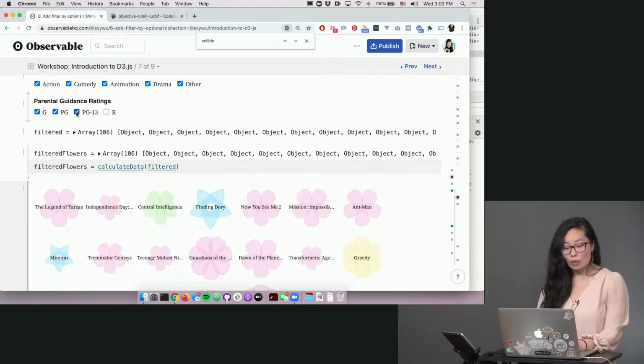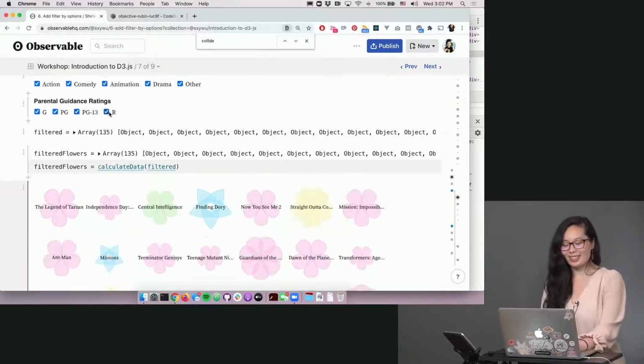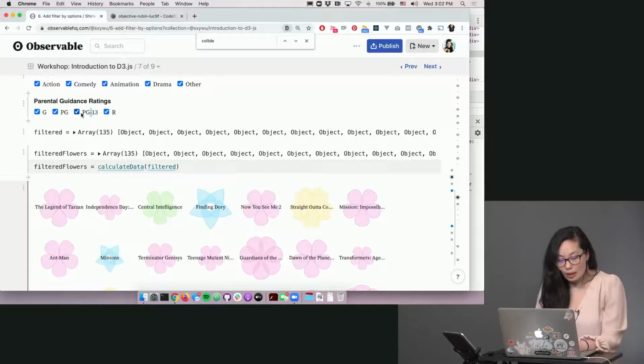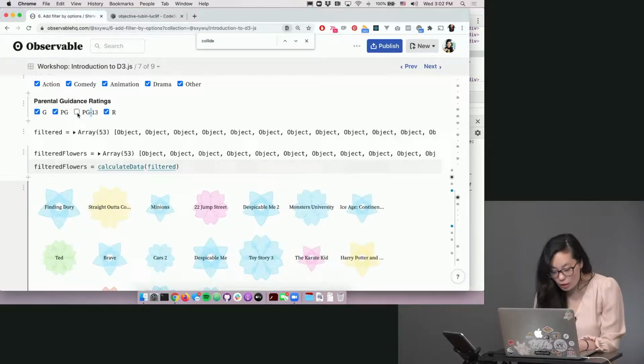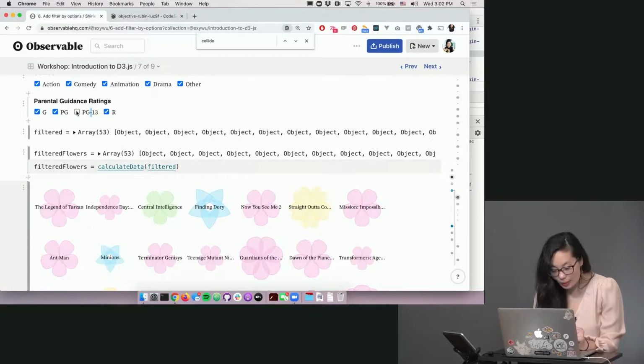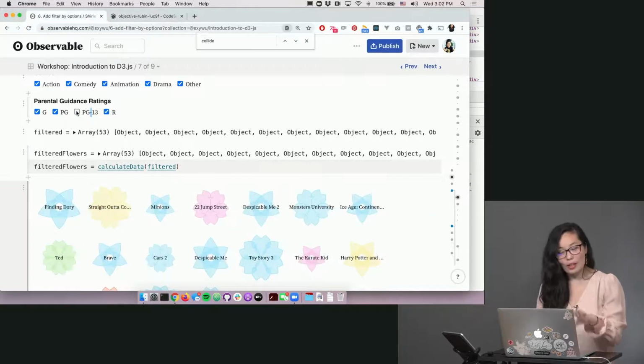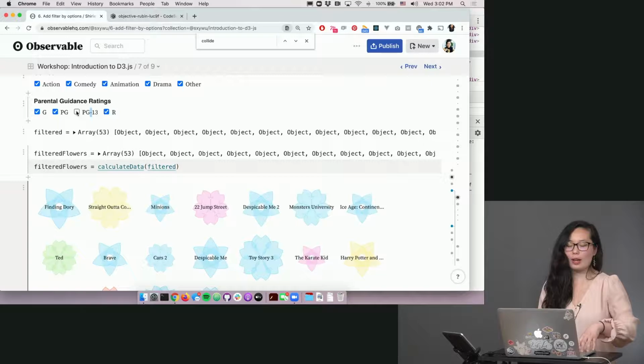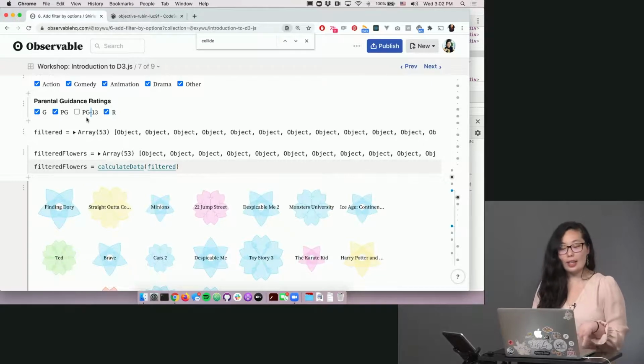and I don't know if you saw, ooh, look at that. This may be a little bit hard to see, but you can see that some of the flowers got faded out, and then some got faded in, and they definitely